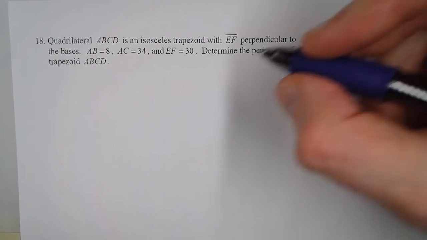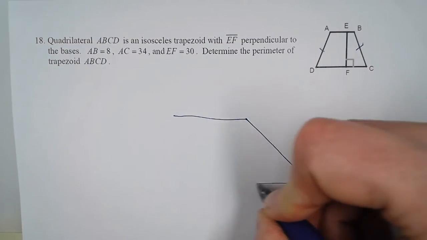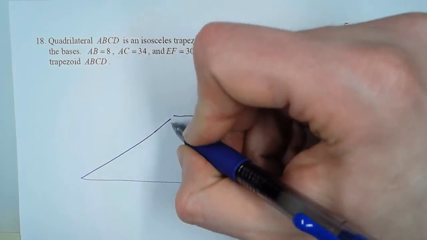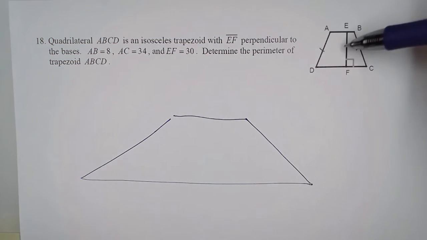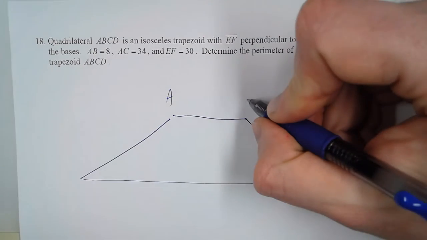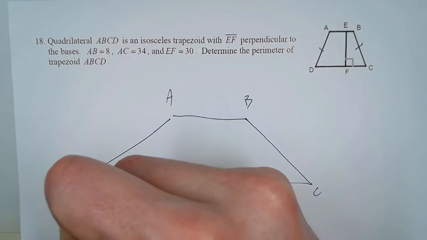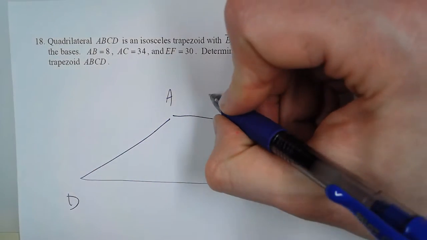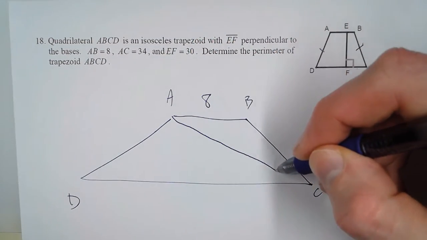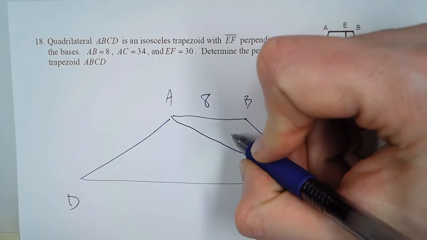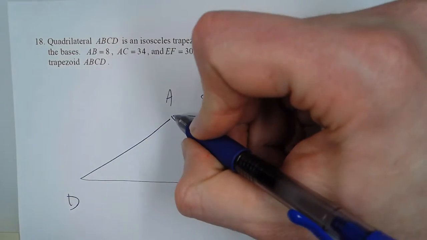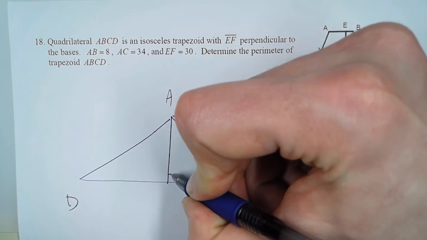And what I'm going to do when I draw this is I'm first going to draw EF over here, because where it's located isn't as important as its length. So let's see, A, B, C, D. We know that AB is 8. AC, if I draw this, this is 34, and EF is 30. Well, that's the altitude anywhere, so I'm just going to draw the altitude straight down here, and that's also going